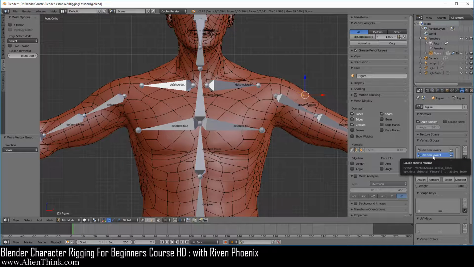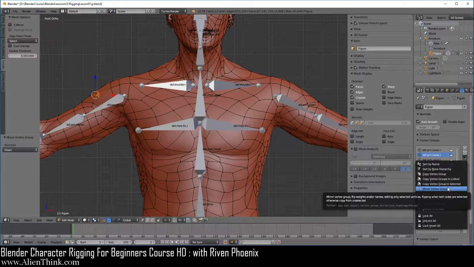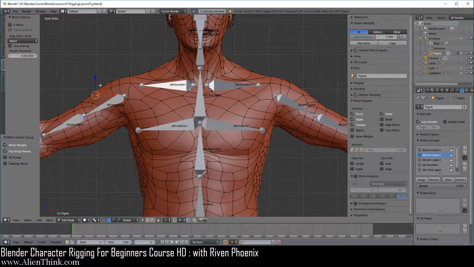Now we have this selected, okay, and this is the vertex group. Now if you click over here and having this selected, actually fire this off, it's going to copy over that vertex group, but it's going to put the .r extension, because the .l and the .r extension have a special meaning in Blender. Okay, so go ahead and now remove those.